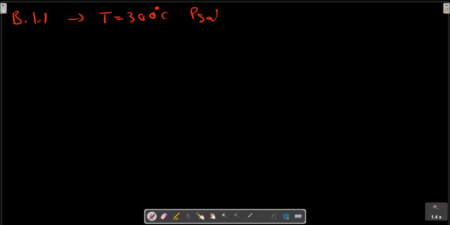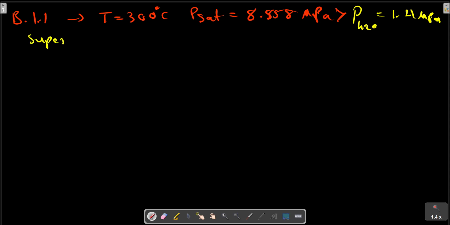P saturated is in megapascal, it is greater than the pressure of the line, which is 1.4 megapascal. So this is superheated,